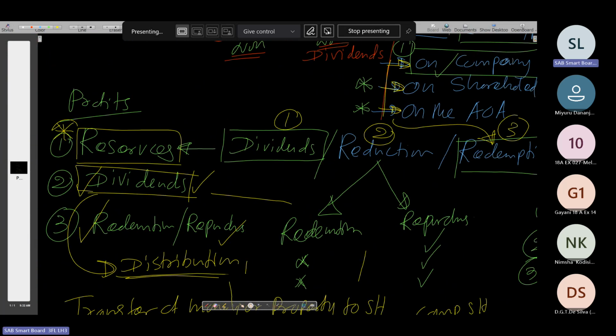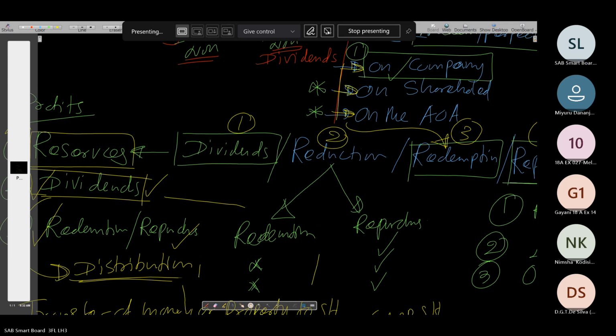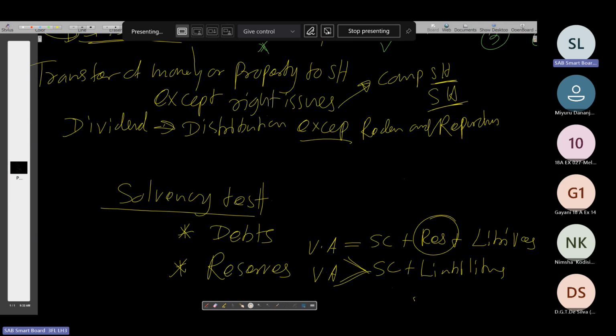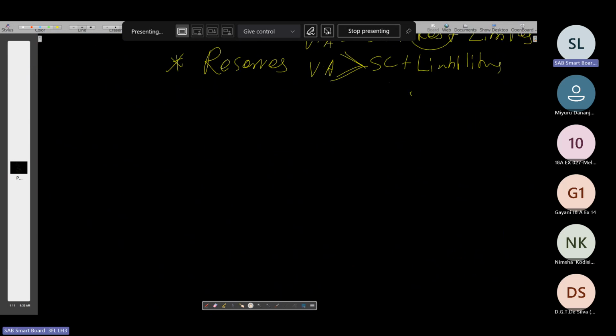When we consider the reduction of stated capital, redemption or repurchase amounts to reduction. So if there is a reduction of stated capital,